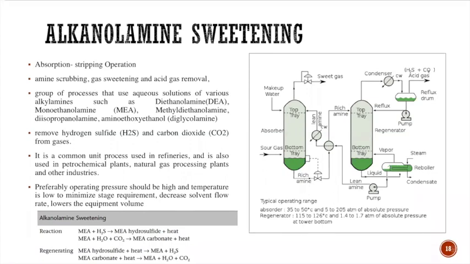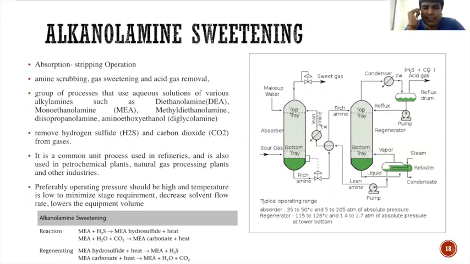Here, there is a reaction taking place which generates MEA hydrosulfide and MEA carbonate. This is a chemical reaction which takes place in the first absorber. So this is the first tower, you can say. This is called the absorber, where the lean amine, which is MEA, monoethanolamine, is coming from the top, and the sour gas, containing your natural gas along with H2S, CO2 and any other compounds. However, any other compound will not be separated by this process. Only H2S and CO2 are selectively taken and reacted.